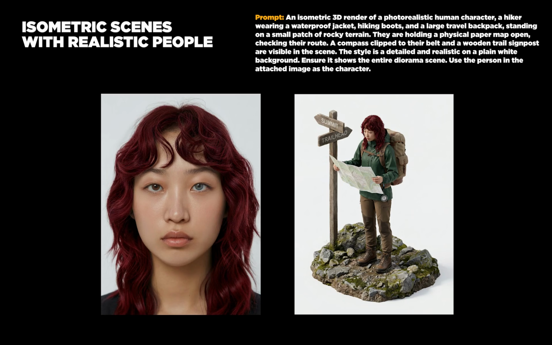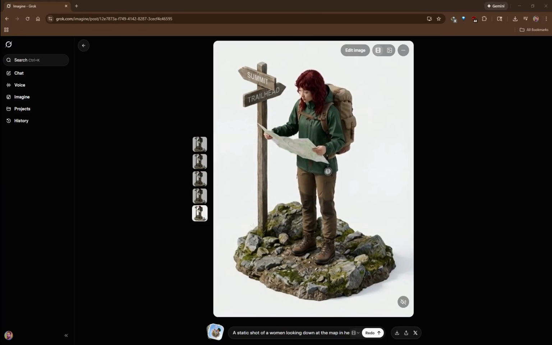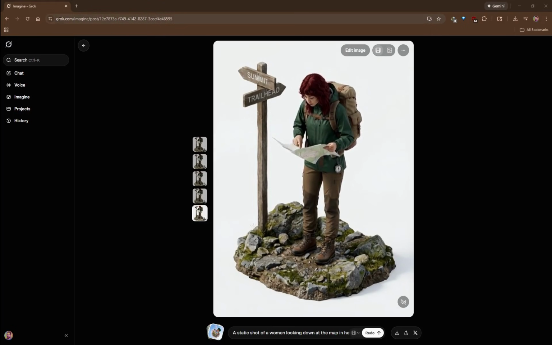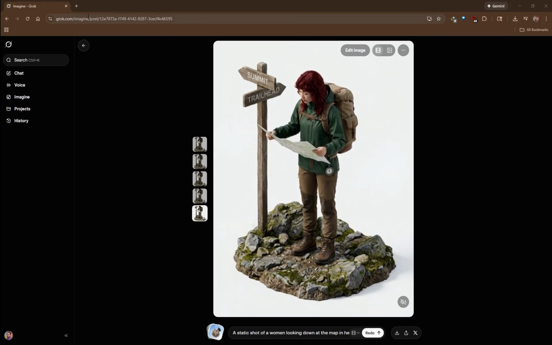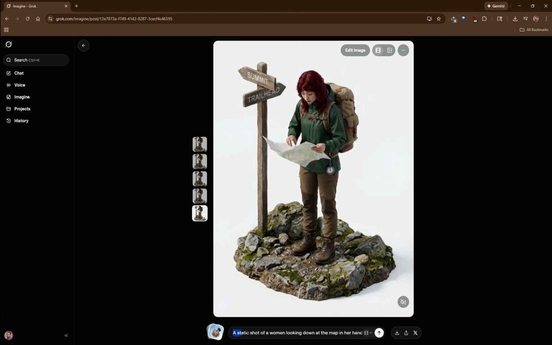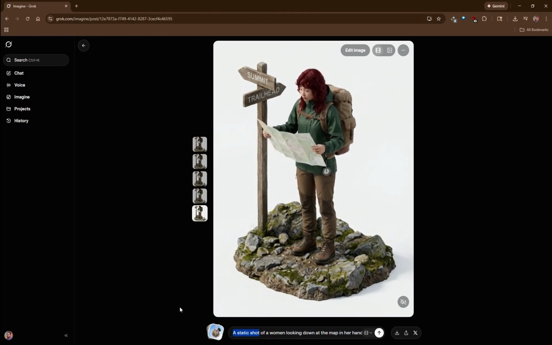Now, like I said, you can use an image of yourself, and then once it's generated, you can take this one step further and actually bring that image to life. I would highly recommend using Grok Imagine. So if you go to grok.com/imagine, sign in and then click on the Imagine tab, you can drag and drop your image over here to upload it, and then you'll be typing in a prompt in this prompt box. The most important part of this prompt is to specify that it is a static shot so that it doesn't add any camera motion. And then Grok is going to bring that to life, and I think the end result